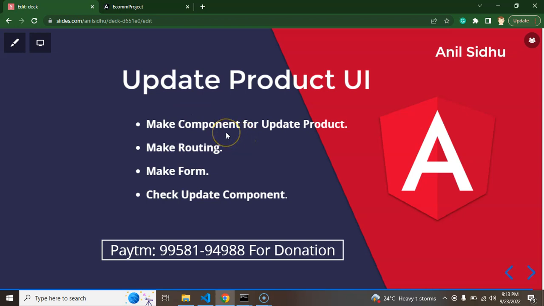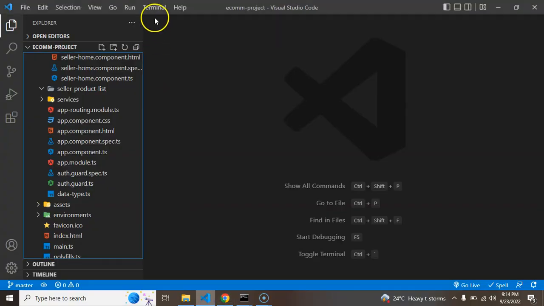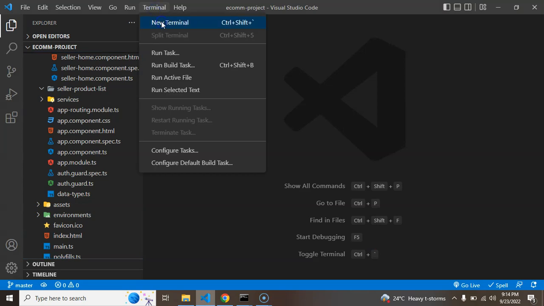We will create a component for update product, then we will define the routing for that. We will add an input form inside that component, and we will check whether the UI is looking fine or not, and we will add some style and CSS also, so that the look and feel will be a bit better. So now let's get back to the project, and let me open the terminal and create a